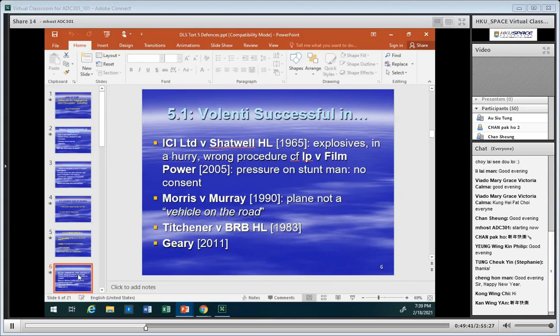By contrast, in Film Power, on page 123, the plaintiff was a part-time stuntman engaged to perform a stunt for a film. He was supposed to drive the minibus into the sea as if he had lost control of it. Well, it did plunge into the sea. In fact, it went right to the bottom of the sea. The plaintiff was unable to swim to the surface as was planned, and nearly drowned because of insufficient safety precautions taken by the filmmaker. And of course, he sued him for negligence, and the court,